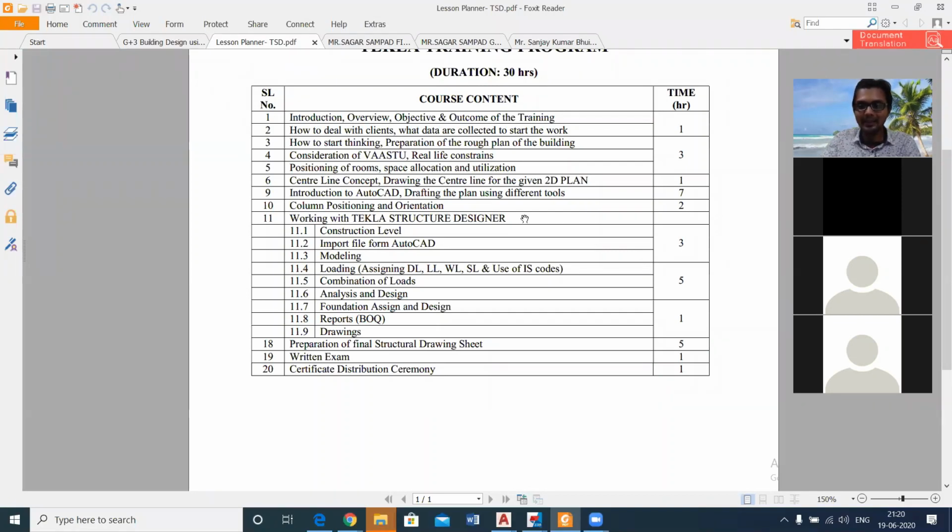All that happened because they generated a certain confidence during their course tenure that we can design a building completely. So when you can design one particular building completely, then you will have the confidence.